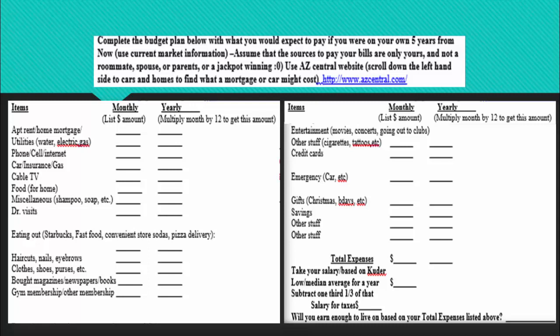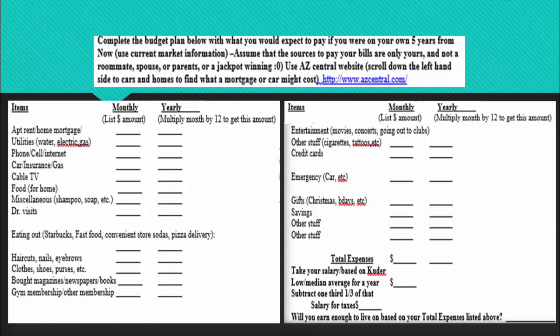And I'll go ahead and explain the categories right now. On the first category at the top of the screen, you're going to see different things like rent, or mortgage, or utilities, or phone, or all that stuff. All that stuff is going to be your bill category. Okay, and then moving down, I like to call this category the accessories to life category, right? So anything like eating out, Starbucks, fast food, all those things are going to be under the accessory.